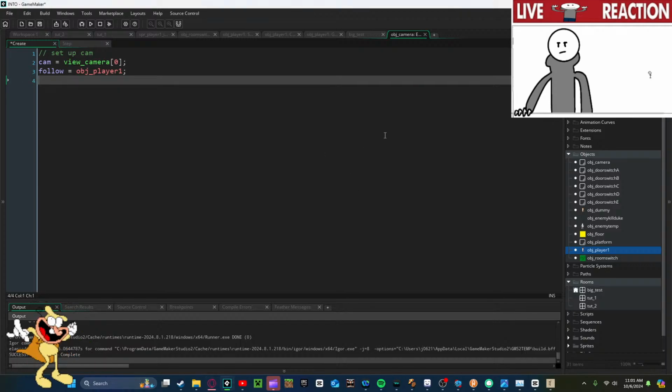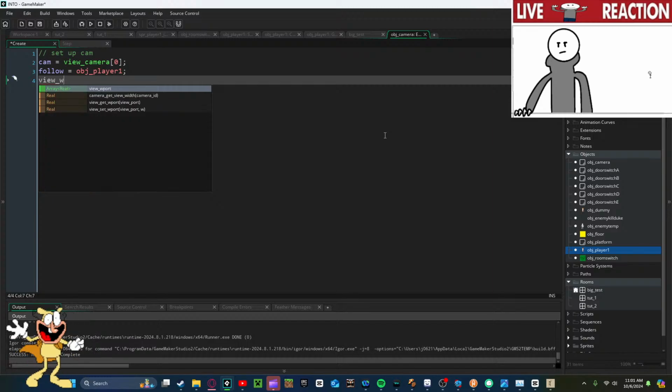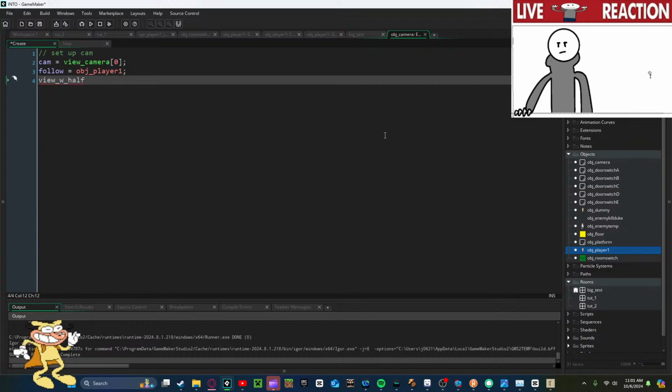Okay, the next variable I want in here is going to be view w half. Because of the way we'll be manipulating our camera position, it's going to be based on the view rectangle and the XY position of